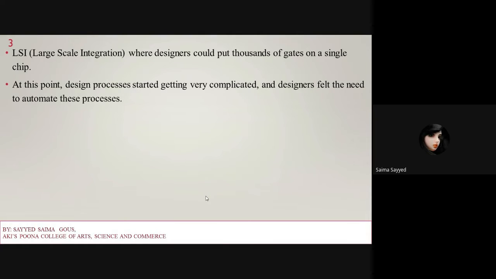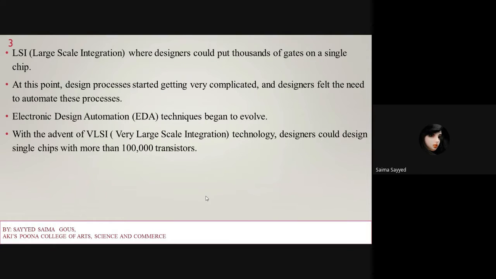At this point the designing process started getting very complicated, and designers felt the need to automate it. It is not possible to manually put thousands of gates on a single chip, so it needs some automation process. Then EDA, electronic design automation, began to evolve with the advent of VLSI.